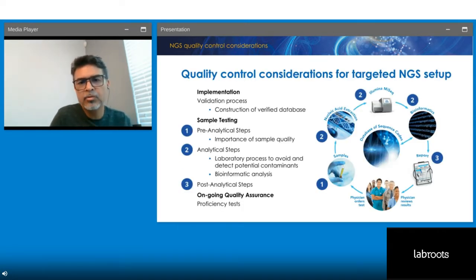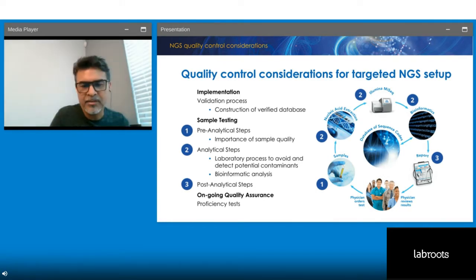But the NGS implementation requires good quality control. This quality control and the whole implementation can be described in a series of steps. One is the implementation itself. We need to have a validation process, and we have to have a database that is reliable. So before we start with implementation, before we start with the validation itself, we need to make sure that the